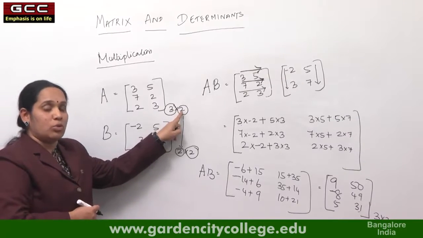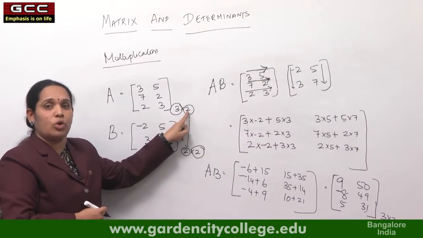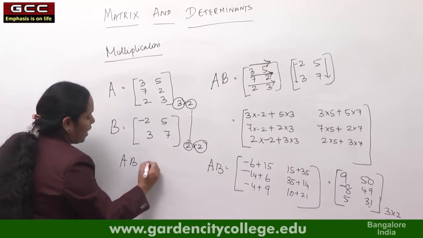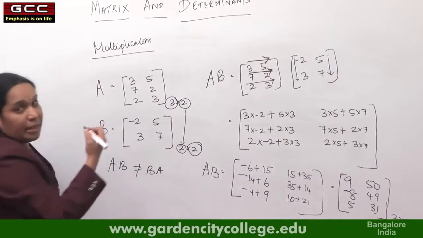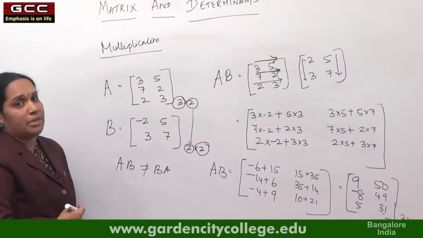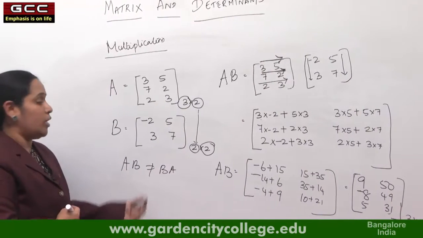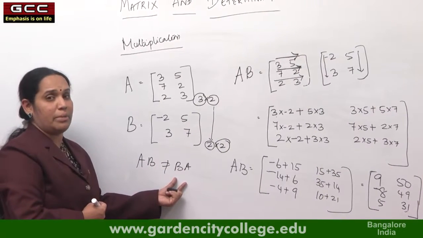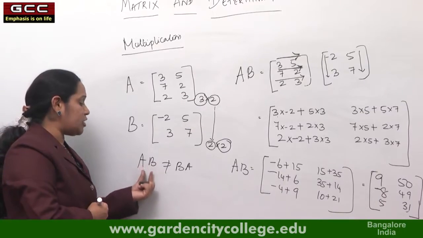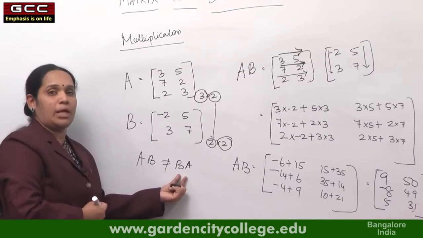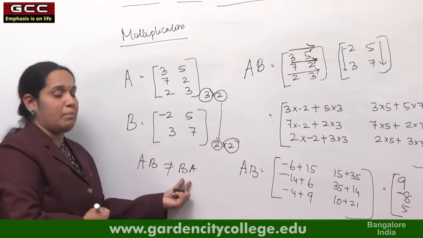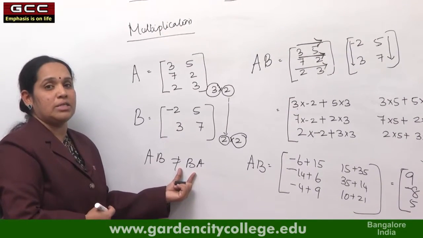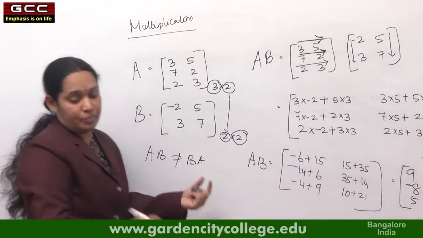And please note it, matrix multiplication is not commutative. I mean to say that AB is not equal to BA in all the cases. Addition is commutative, but matrix multiplication is not commutative. AB and BA, sometimes you may not be able to multiply because the order may not match. So, you have to first find AB and see whether you can find BA. Even if you find BA, it may not be the same. AB may not be equal to BA. That is, multiplication of matrices is not commutative.